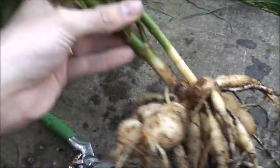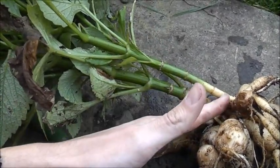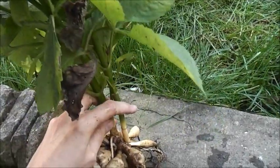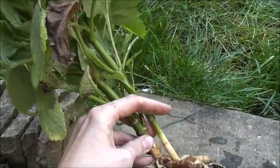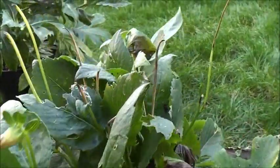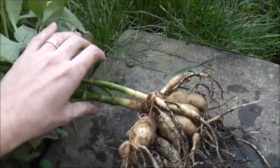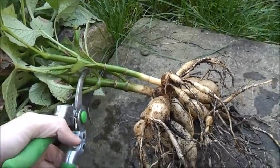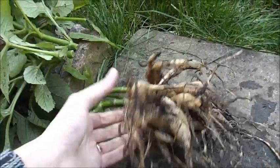So the next stage is to cut the foliage off, giving it 4 to 6 inches above the top of the tubers. Now really you should wait till all the foliage has been frosted off before digging them up, just so you've got the longest possible time to enjoy the flowers. But as this one has got no flower buds on whatsoever, it's pretty much given up, I've decided to dig this one up now. So all we do is cut through the main stems, which you'll see are hollow,